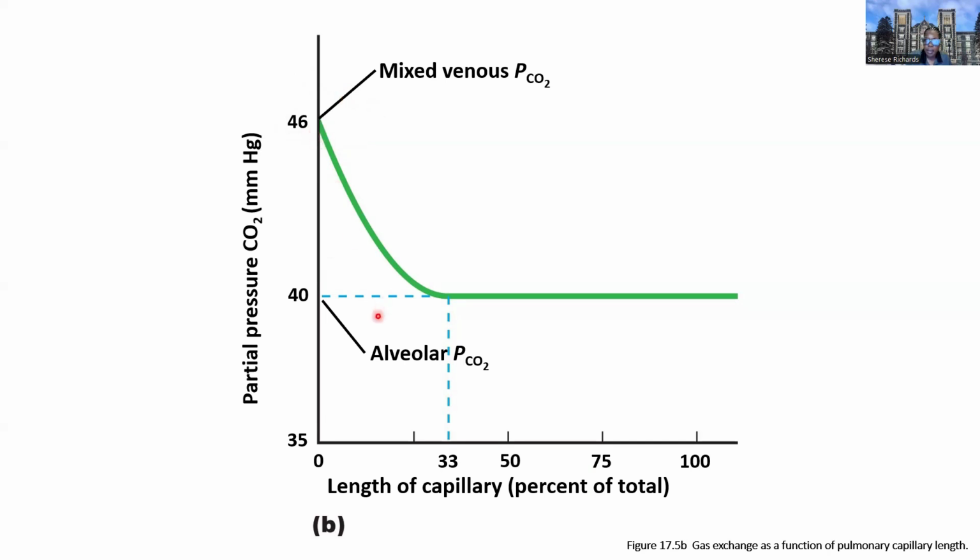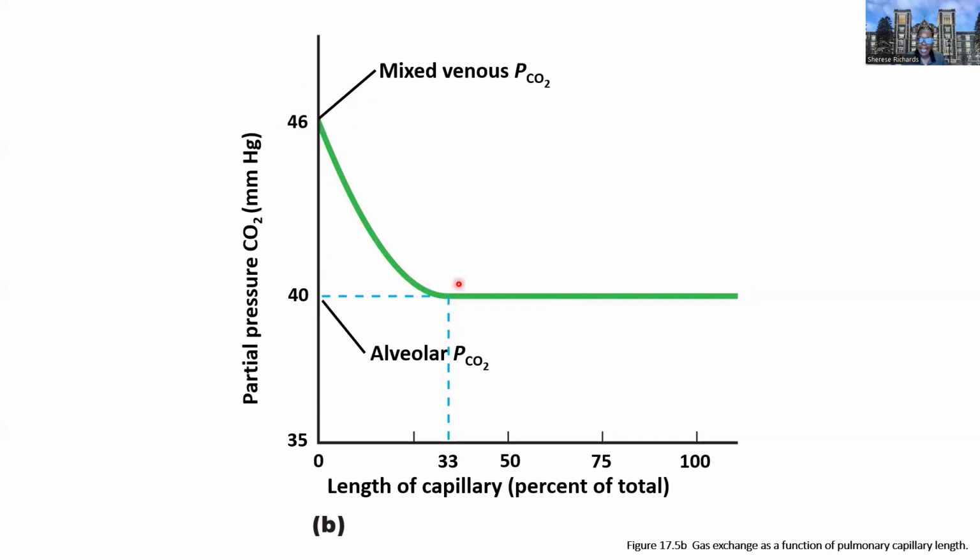And so we're going to see the same phenomenon, that as we move through the length of the capillary, when we get to about 33%, the overall length, about a third of the way the length of that capillary, we have the complete diffusion of that CO2 from the mixed venous blood across the alveolus into the alveolar spaces, where